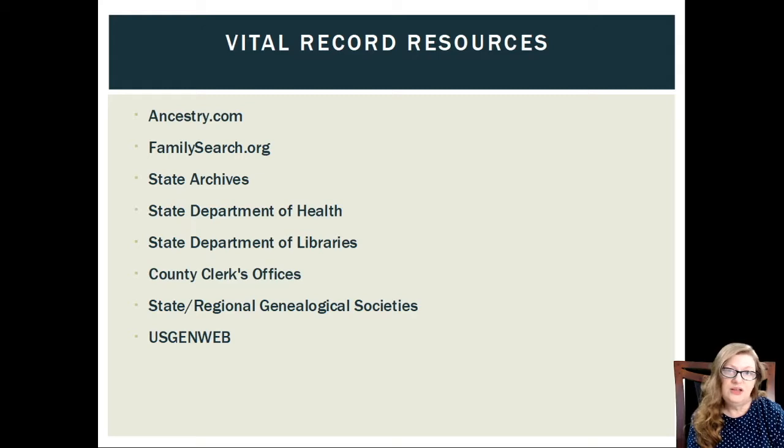We've also been talking about Ancestry and FamilySearch and how you use those two databases to find the primary source documents. In some cases, you will find only the secondary source on either Ancestry or FamilySearch. And when you find the secondary source, it will tell you where those primary source documents are located. And maybe it's referring you to a county where you could send off for that record, or maybe a state